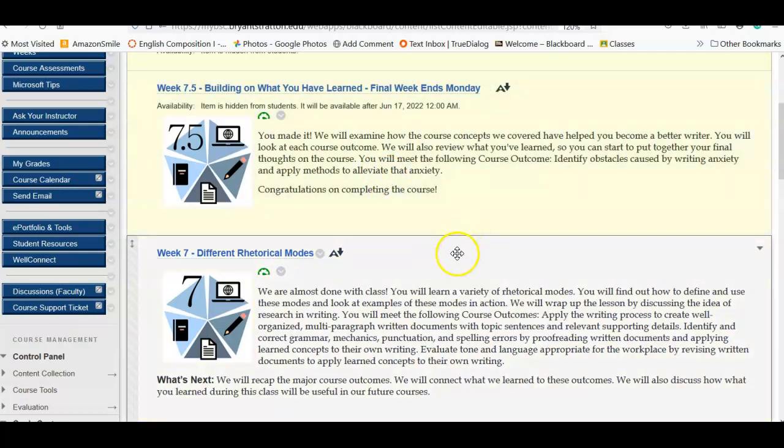I just want to go over a few things as we work on really these last few days of the course. We really have less than a week left. Of course, we are in week 7, which will end on Saturday, and then we overlap with week 7.5. It won't show in your course yet like it's showing here on the screen, but that'll open on Friday.